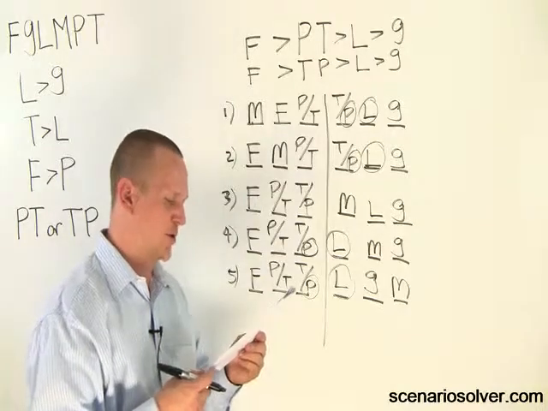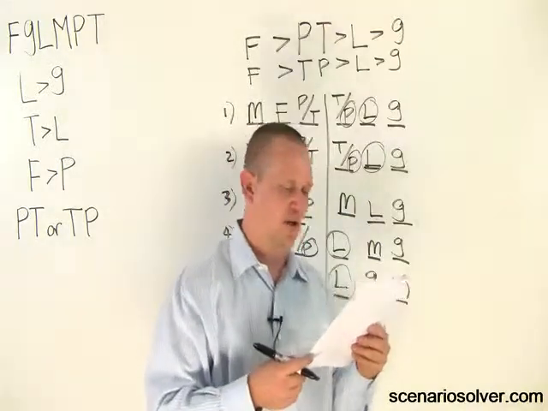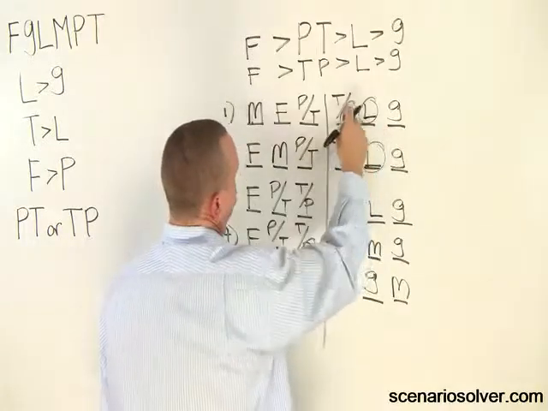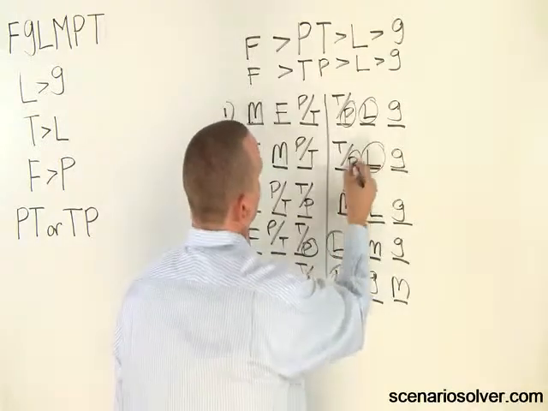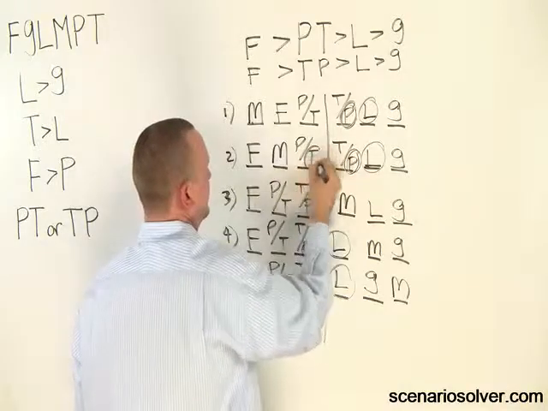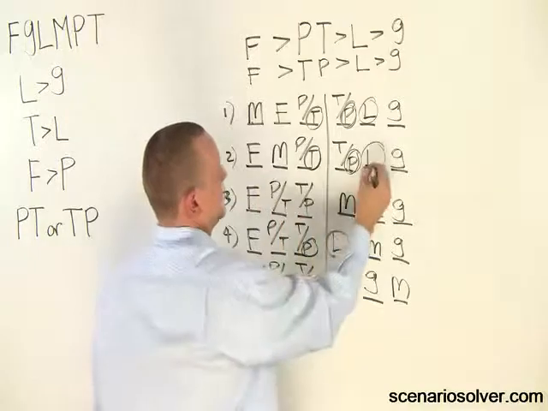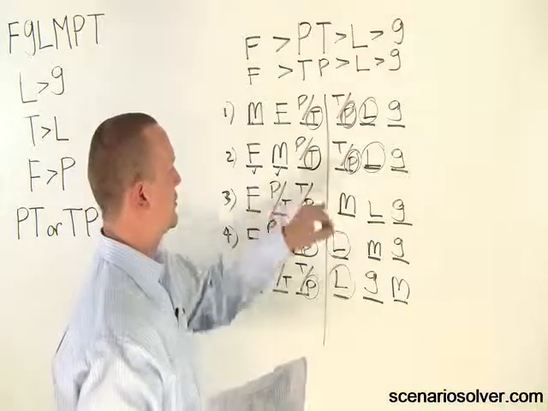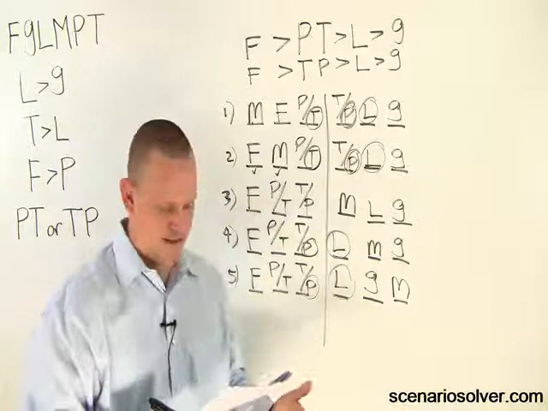12, if bay 4 is holding produce, then for exactly how many of the 6 bays is the type of cargo that the bay is holding completely determined? So if we look at bay 4 is holding produce here and here. So if we have bay 4 holding produce, all right, it can't occur anywhere else, that would mean that bay 3 is holding textiles. So these are determined, that's 2 of them, 3 and 4 of them are determined. F and M, we don't know which order they go in, but we know if P is in 4, T has to be in 3, so that's 1, 2, 3, and 4,